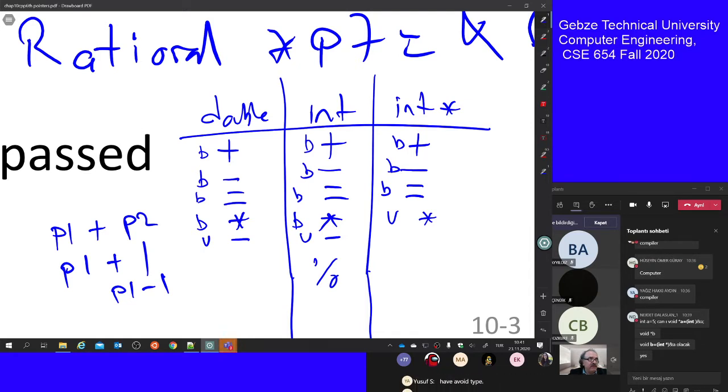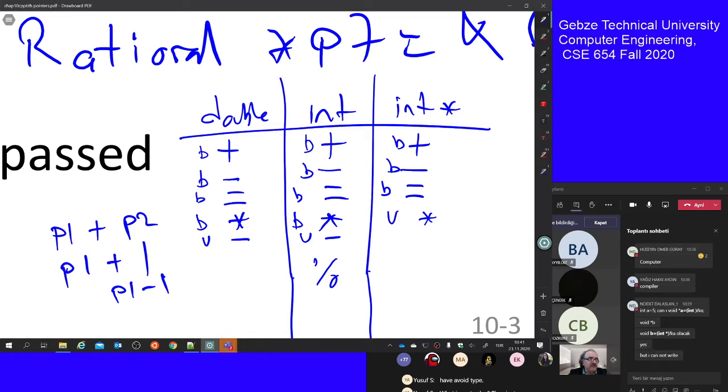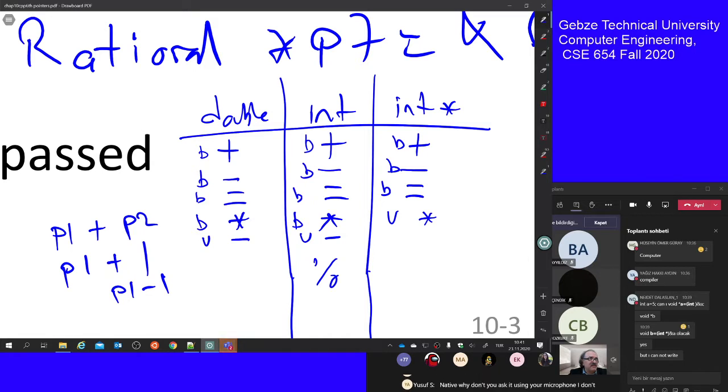You can have a void B type, but I cannot. Nejdet, why don't you ask it using your microphone? I don't understand what you are saying. What is yes? But I cannot write. What do you mean, but I cannot write? Sir, if I declare a void a pointer, when I equal an integer, what